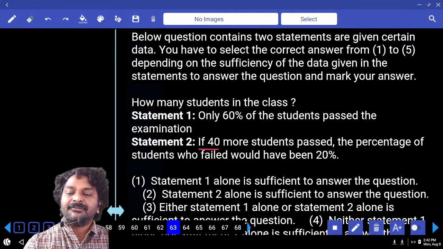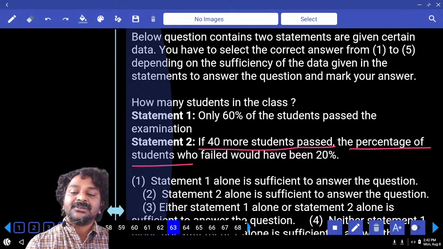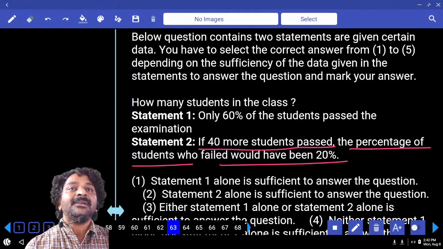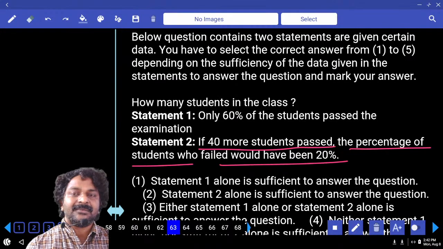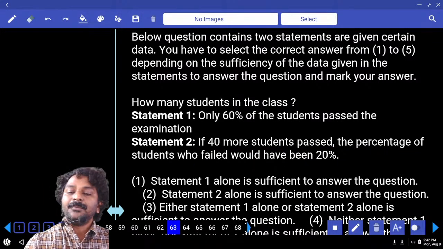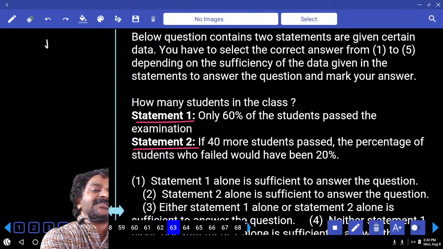Next. 40 more students passed. The percentage of students who failed would have been 20%. Only by using the second statement, can we answer the question? No. But now, if you use the first statement and the second statement, in the first case, failures are